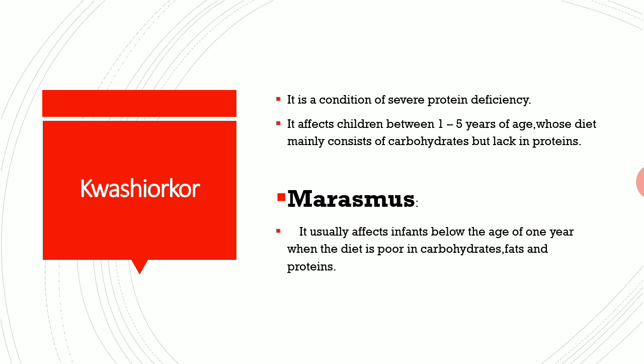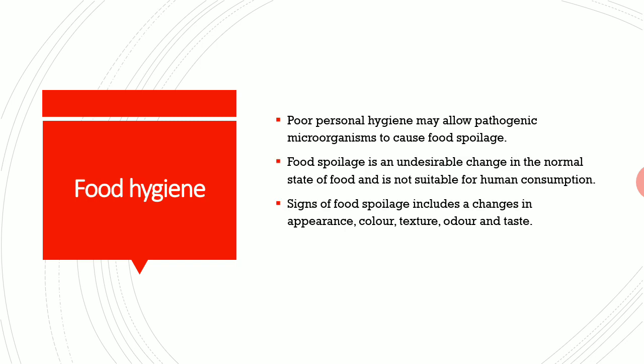The next topic is food hygiene. What does food hygiene mean? What does hygiene mean? The things we are using, the place where we are, the food items we are taking, and also the water, everything should be clean. That cleanliness is called hygiene. How we prevent contamination and how we take things in a safe manner is considered hygiene.